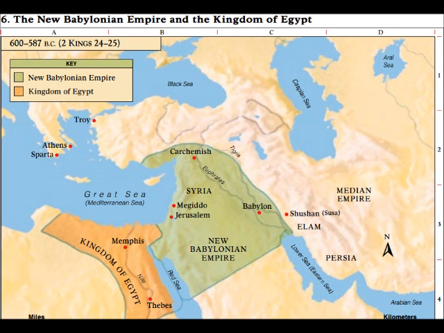So here in 2 Nephi 24:1, it says, "For the Lord will have mercy on Jacob, and will yet choose Israel, and set them in their own land, and the strangers shall be joined with them, and they shall cleave to the house of Jacob. And the people shall take them and bring them to their place, yea, from far unto the ends of the earth, and they shall return to their lands of promise. And the house of Israel shall possess them, and the land of the Lord shall be for servants and handmaids, and they shall take them captives unto whom they were captives, and they shall rule over their oppressors.